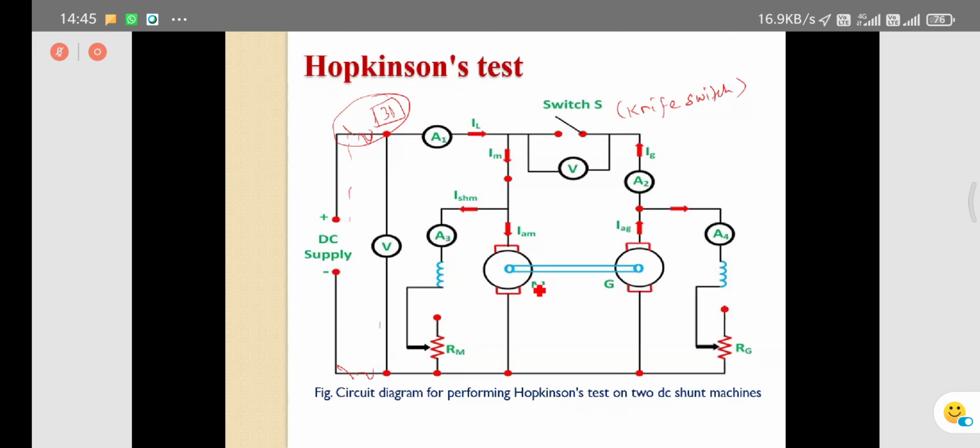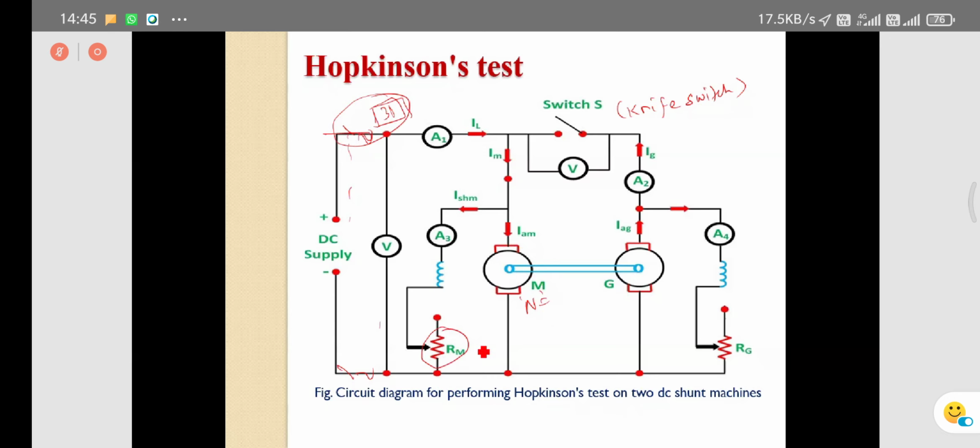First of all, I have to check the motor speed. Whenever the DPST switch is closed, with the help of the 3-point starter, it goes from the off condition to the on condition. The starter handle is attracted by the NVC coil, which should be magnetized. Then it is under running condition, and you can check the speed of the motor. If the speed is not equal to the rated speed, you can adjust the rheostat here.